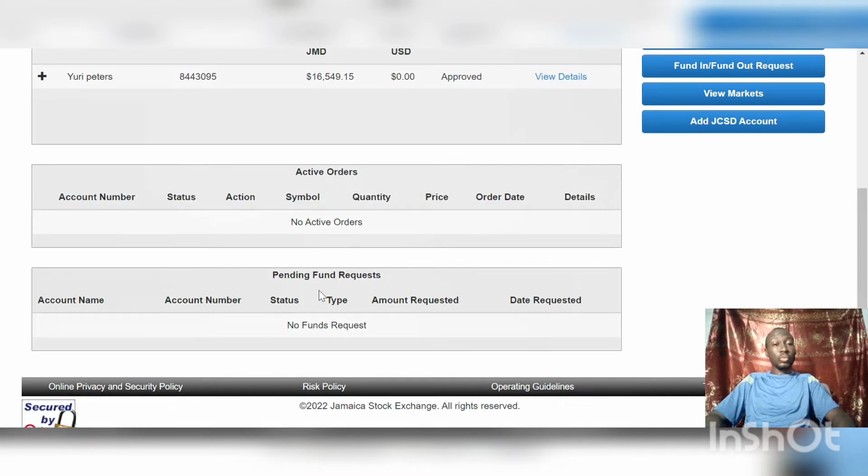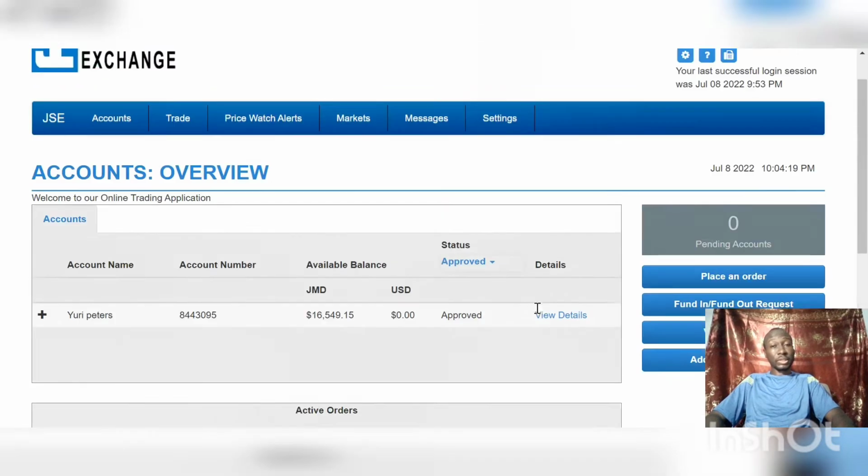Down here, you're going to see pending fund requests. This is when you want to fund in or fund out. I'll be going into more detail shortly, but it shows the account name, account number, and the status of your funding or fund out, whether it's pending or approved, the type, the amount requested, and the date that it was requested. Okay,